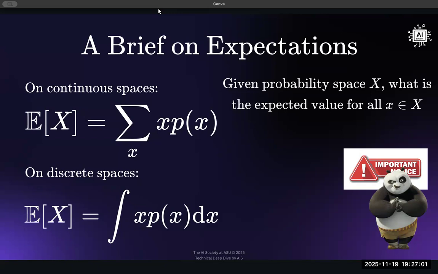But it's just saying what is the expected value that we can get over many iterations of some experiment, right? It's mostly used in probability, where we flip dice and want to say what's the expected number of times. How many times am I going to roll six, or two, or one? Or how many times am I going to flip heads with a fair coin? So that's what expectations are useful for.